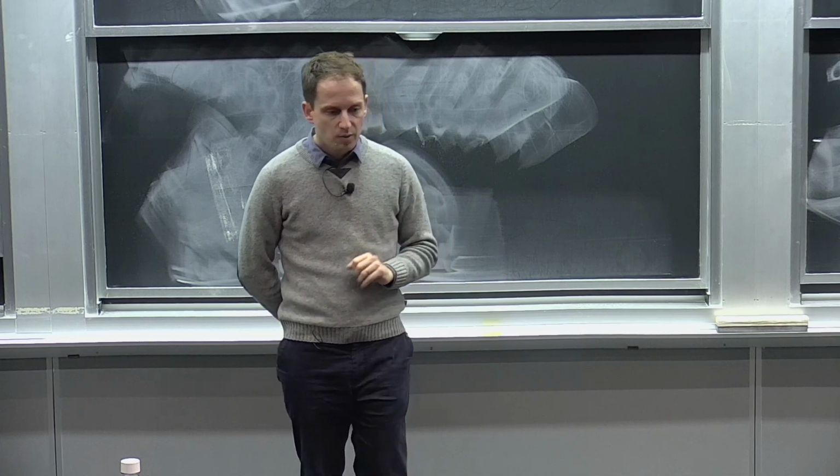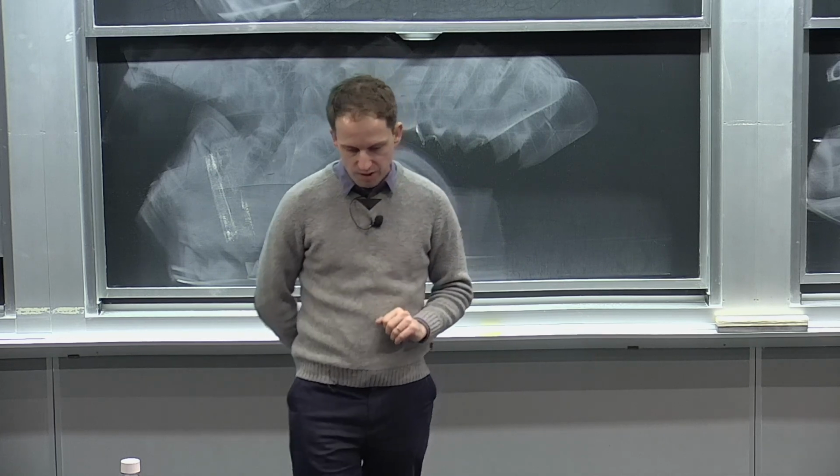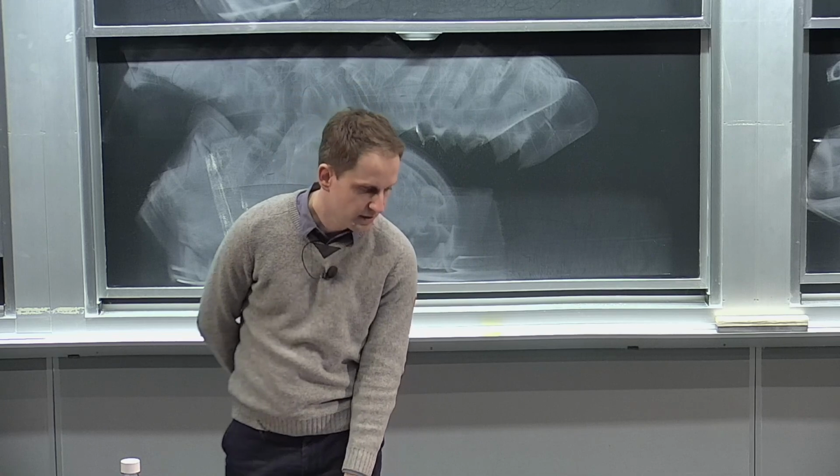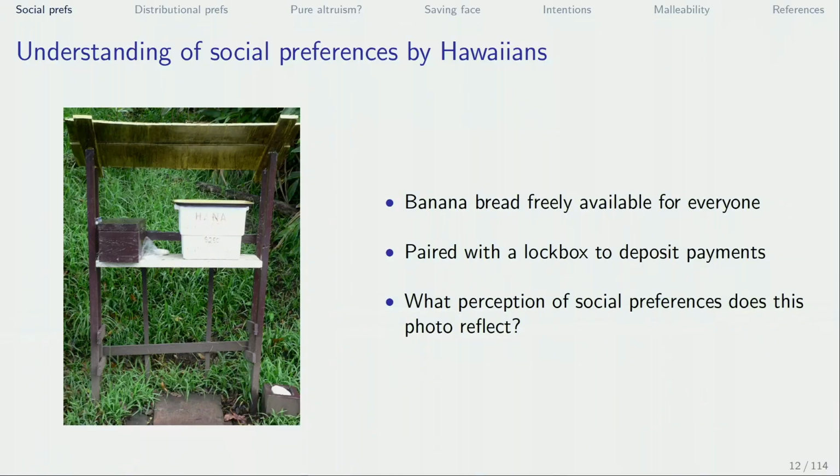of perhaps how one might want to think about social preferences and how people think about social preferences. This is a picture, I don't know how well you can see this, taken in Hawaii, of a box where banana bread is being sold. It's freely available to everybody, so you can just take it. I think there's some price tag somewhere. There's also a